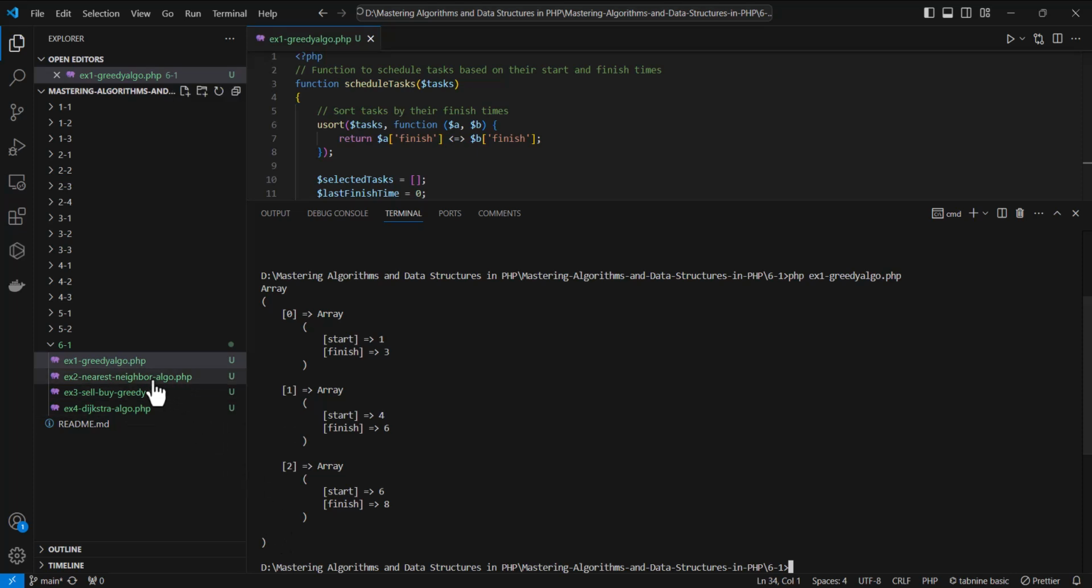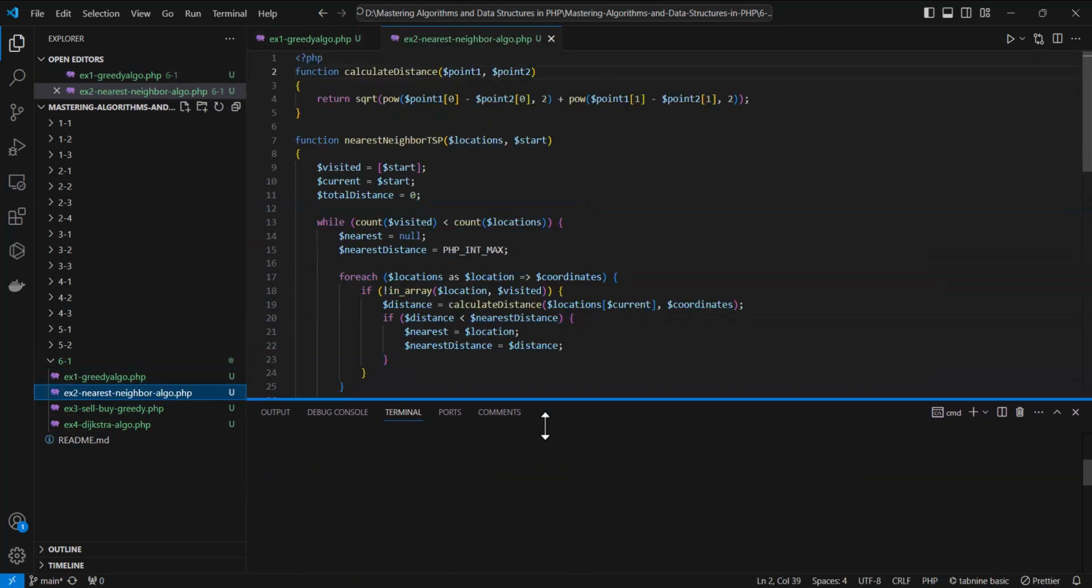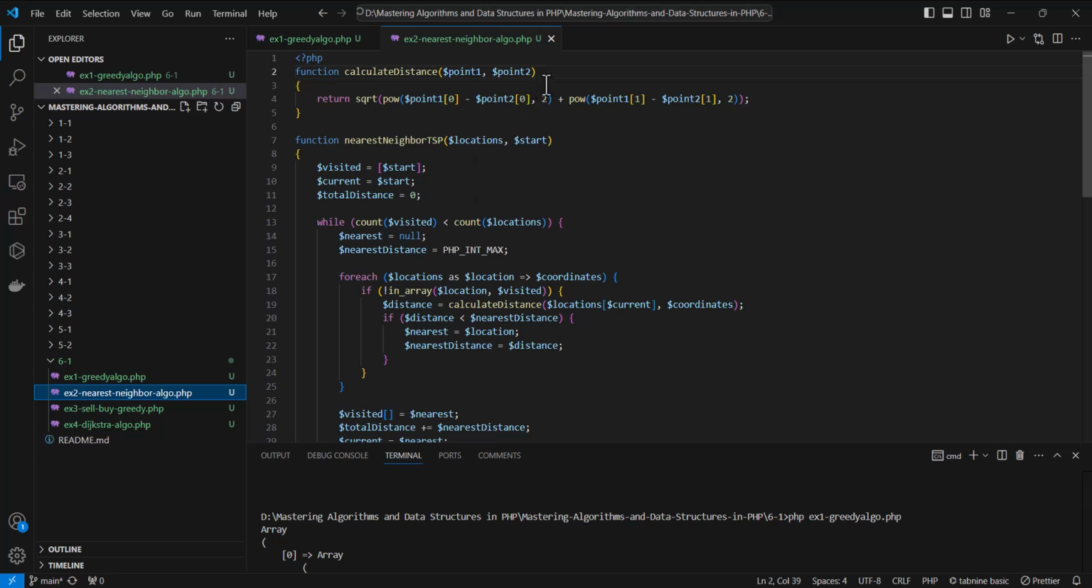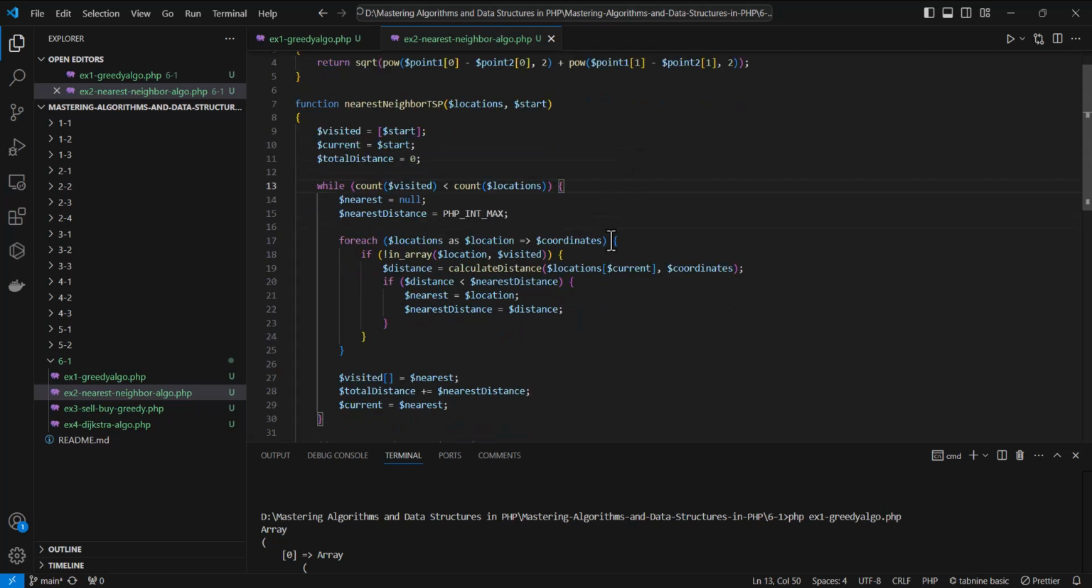The next real-world scenario is the Traveling Salesman Problem, TSP. A delivery person needs to visit multiple locations and return to the starting point while minimizing the total distance traveled. This problem is NP-hard, so an exact solution is computationally expensive, but we can implement a nearest neighbor algorithm